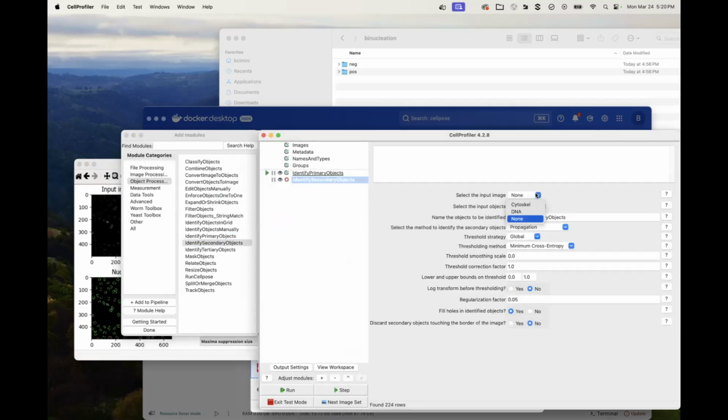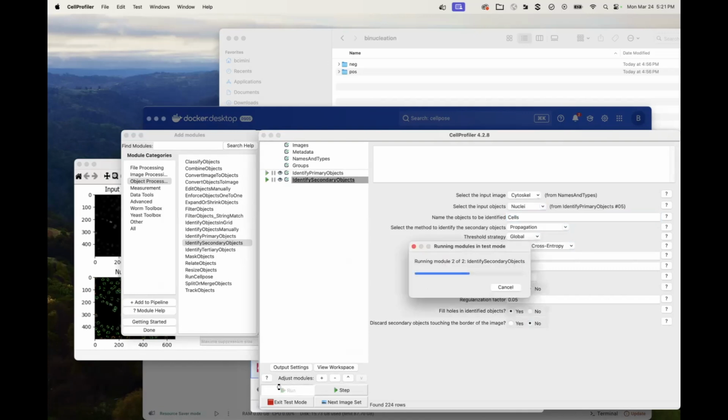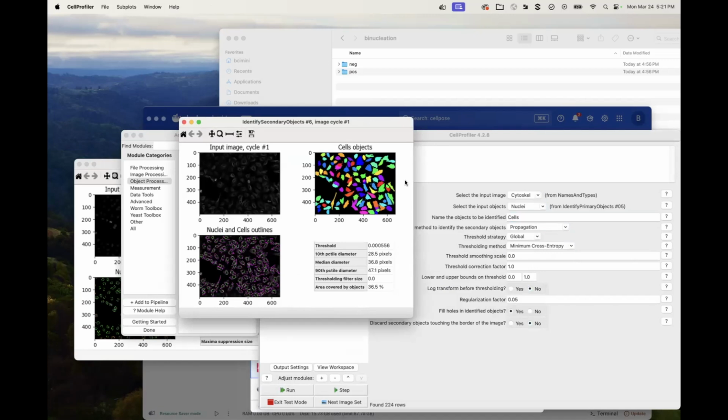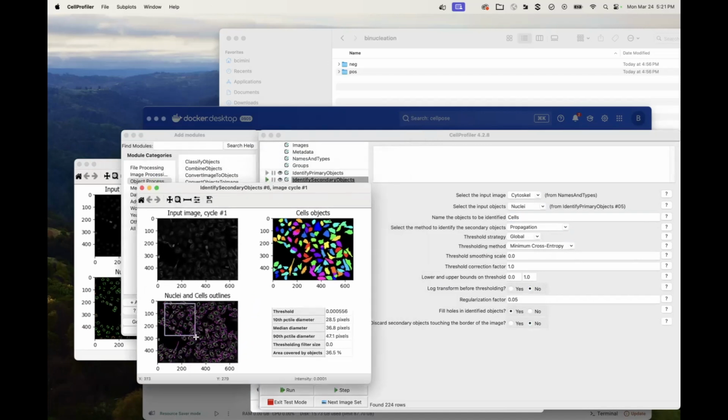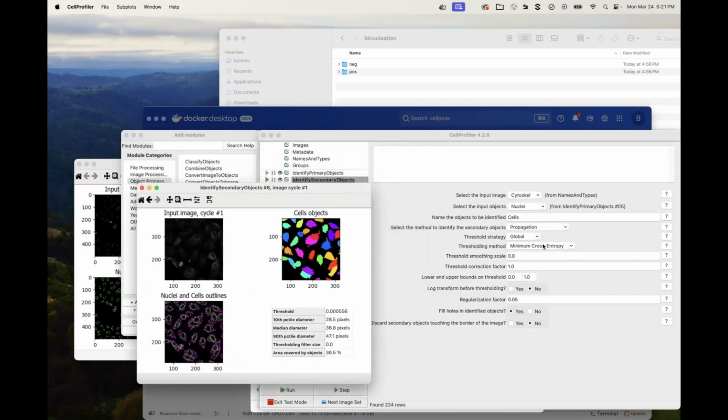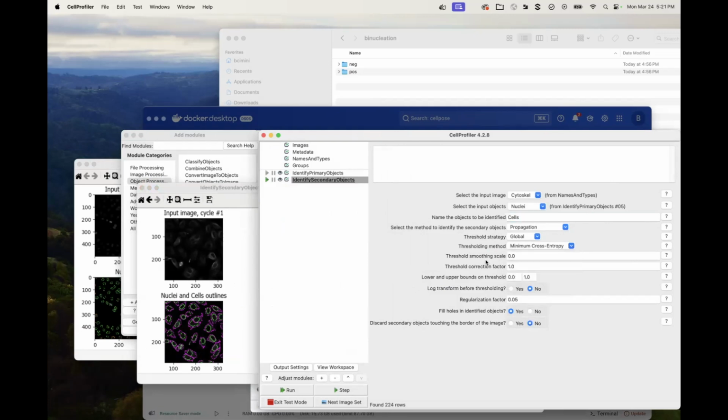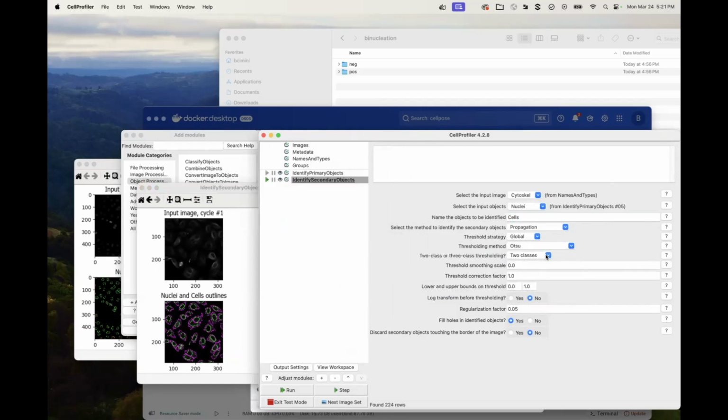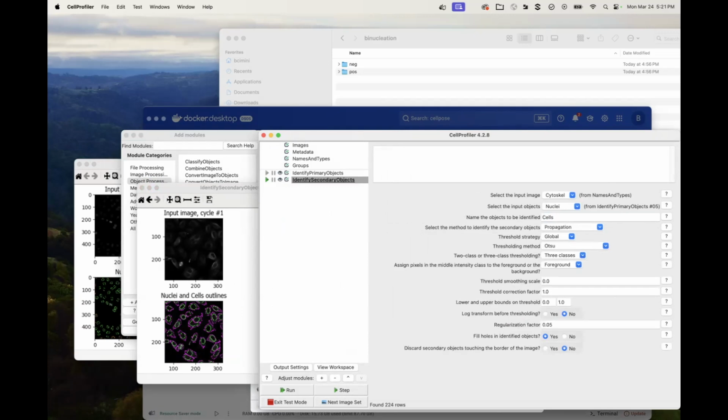We can say, hey, CellProfiler, use the cytoskeleton image and the nuclei and build cells around the nuclei. And again, when you have a mononucleate image, that works. And hey, look, this is beautiful. We now get things that look like cells. They're a little on the underside, so we might change our thresholding method to try to pick up a few more things. But again, the goal here is not to have things perfect. The goal here is just to get some things that are plausible cells.